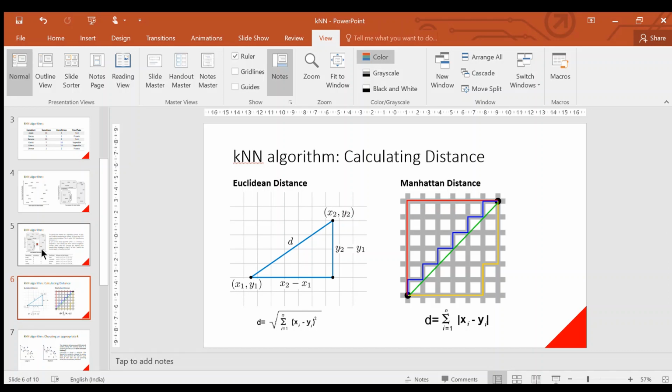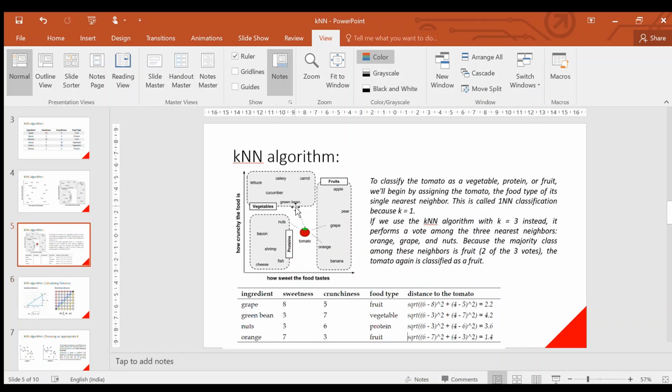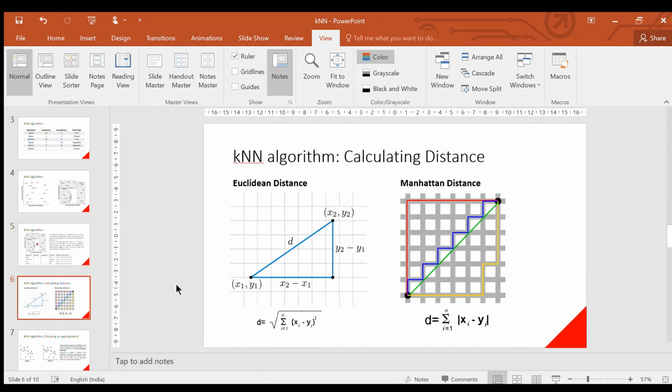As we saw earlier, whenever we apply the KNN algorithm, we try to find the nearest data point. In order to find that, we have to measure the distance. In KNN, usually the Euclidean distance metric is used.